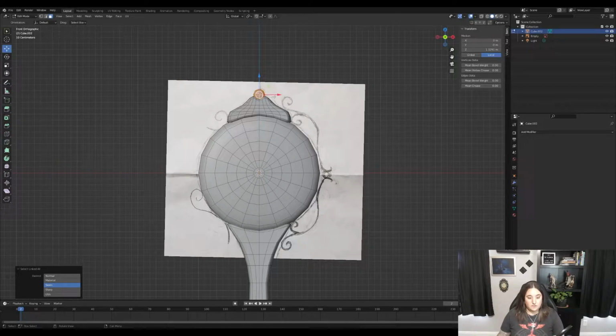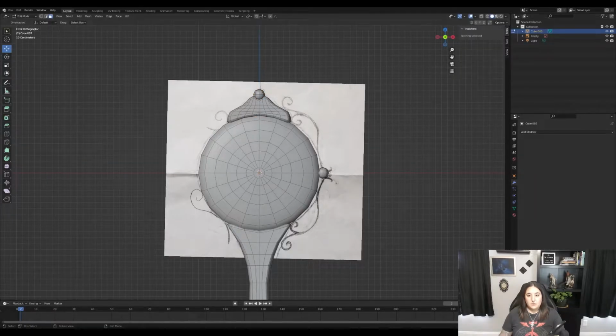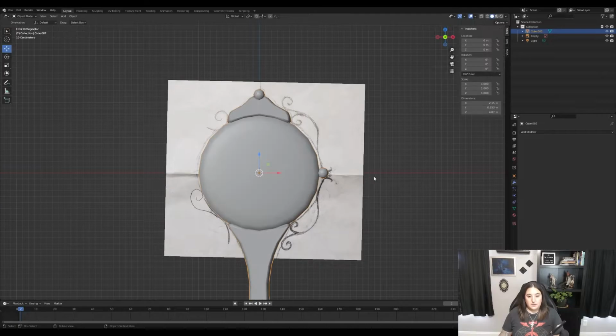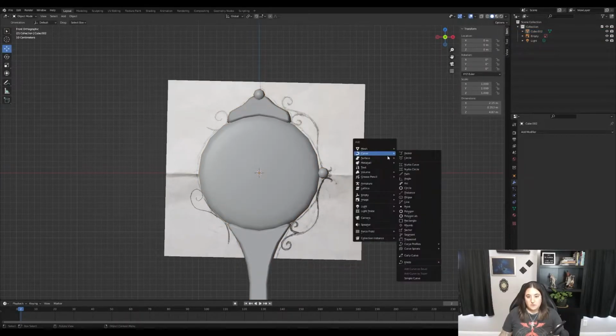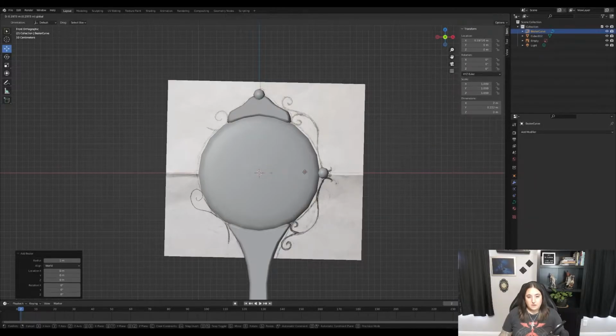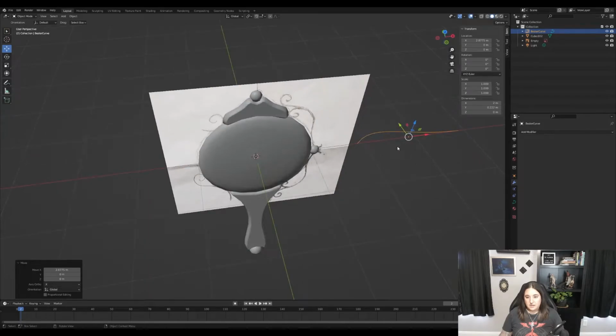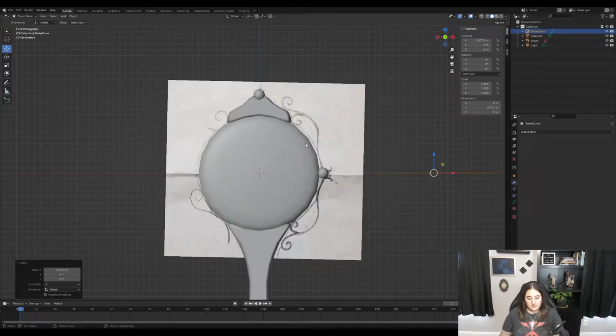First, I'm going to duplicate this sphere. I like the size of it, so I think that's what I want to add. In order to add the curve, I need to be in object mode. I'm going to add Bezier. It is very hard to see, but it's there. And I'm going to need to flip it